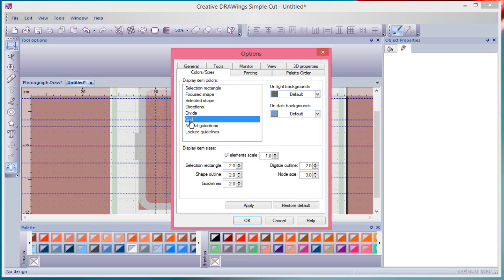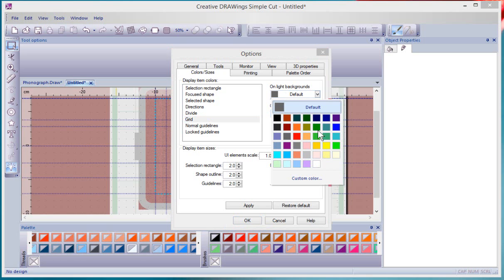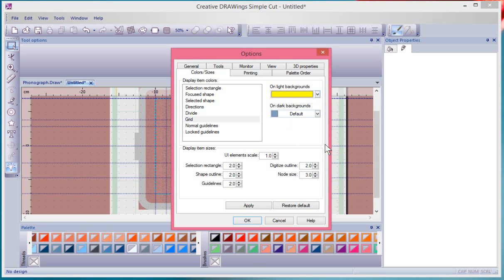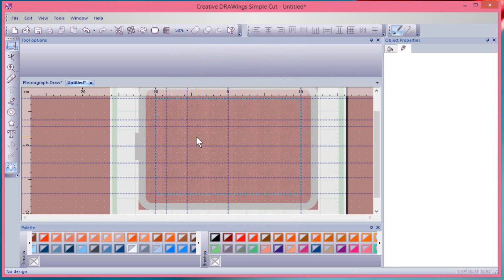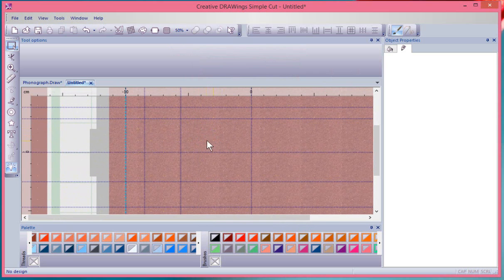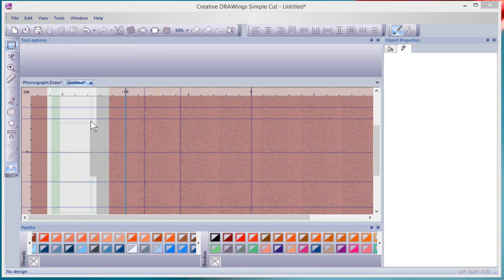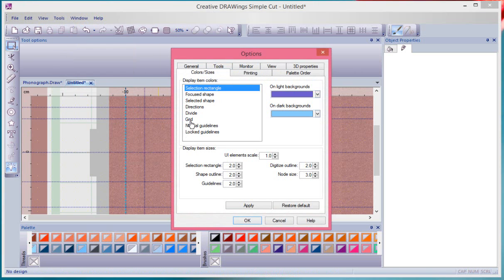It shows me that my grid is set on light backgrounds to have this dark color, and on dark backgrounds to have this light color. And if I don't like the color that's selected, I can click on the little window and choose a new color. So if I make yellow the grid color and say apply, now you can see more clearly the little yellow dots that represent the size of my grid. That's one of the benefits of working with the Tools and Options menu under the Colors/Sizes tab, where you can control things like the color of the grid,